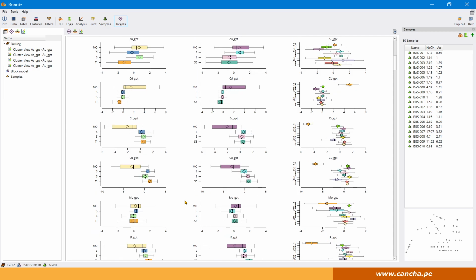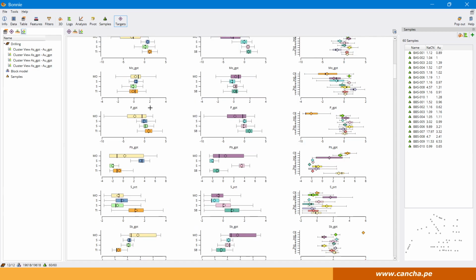And you can see that one domain might have very low moly, for example, but it might have very high chrome in the same one. Okay, as we come down to sulfur, you can see you've got 2 domains that have low sulfur, and one has high sulfur, and one is between the 2, right? So what you need to do is try to look at this with a geologist and a metallurgist together, and